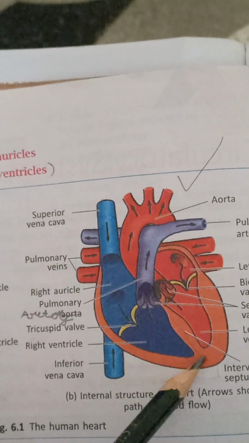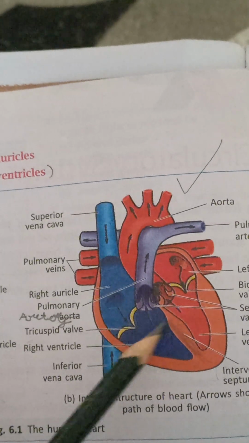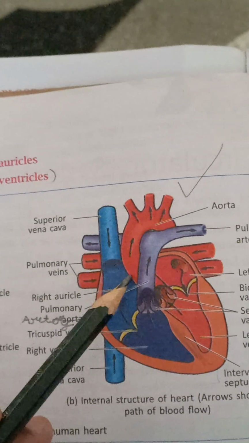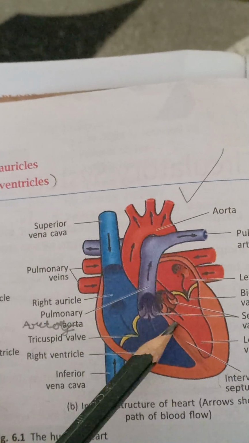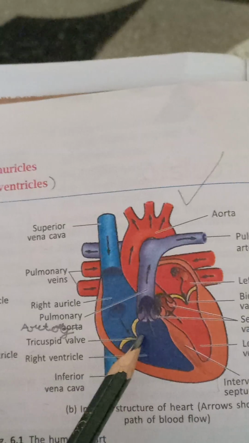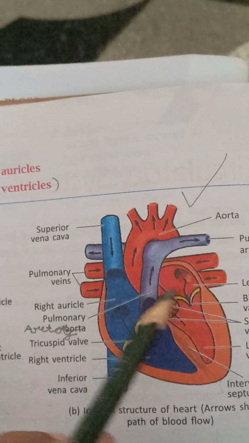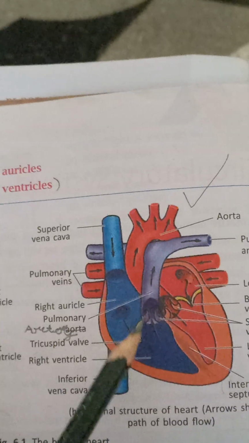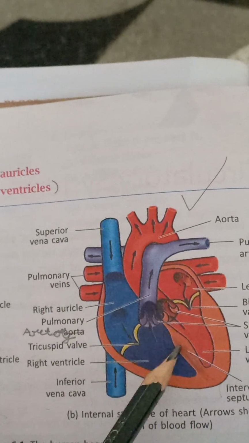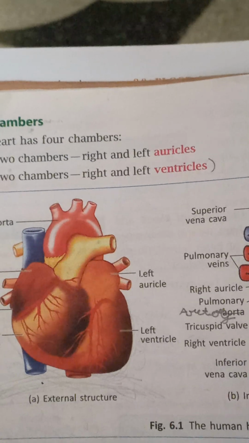However, due to the presence of this septum, the interventricular septum between the ventricles, and also a septum between the auricles, which is a dividing wall, the deoxygenated blood in humans never mixes with the oxygenated blood. They are always in different chambers, and the heart plan is such that they will never mix. So I hope this part is clear to you.